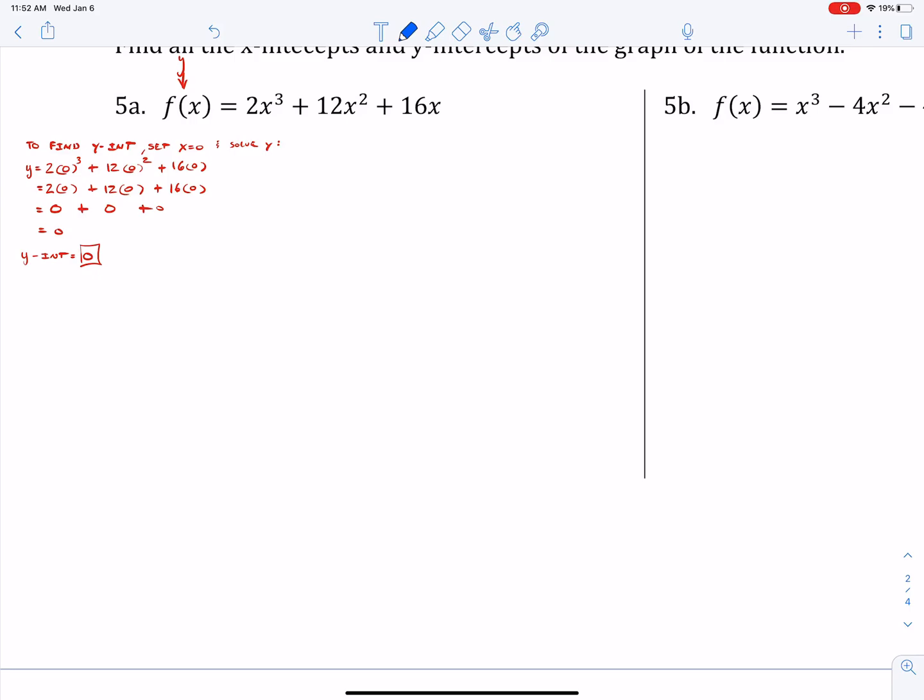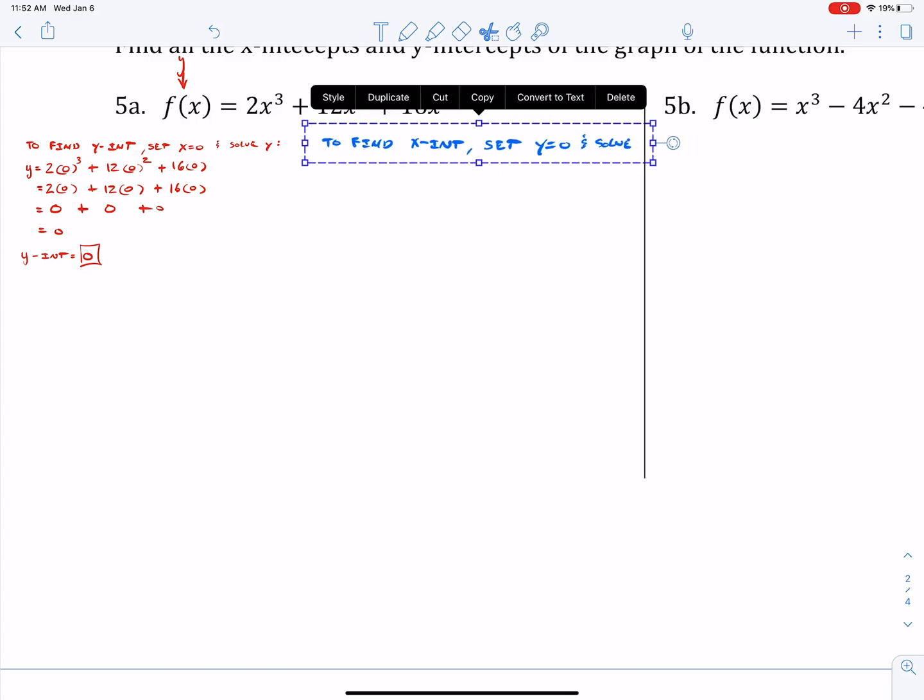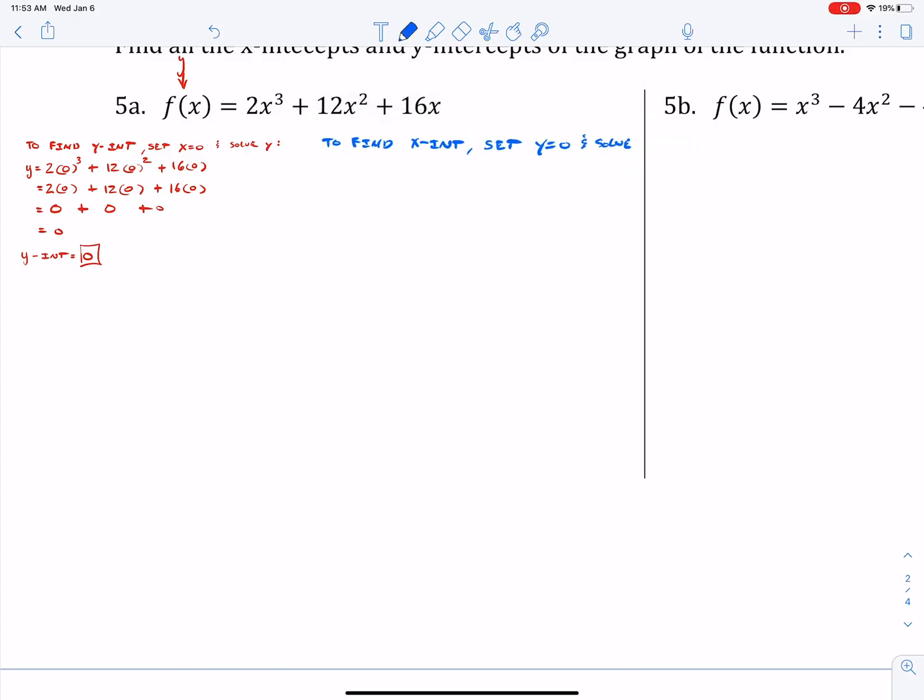So to find our x-intercepts now, we're going to set our y equal to 0 now and solve. And I'll collapse this to make this just a little bit smaller. Alrighty, so let's set our y equal to 0. So now we have